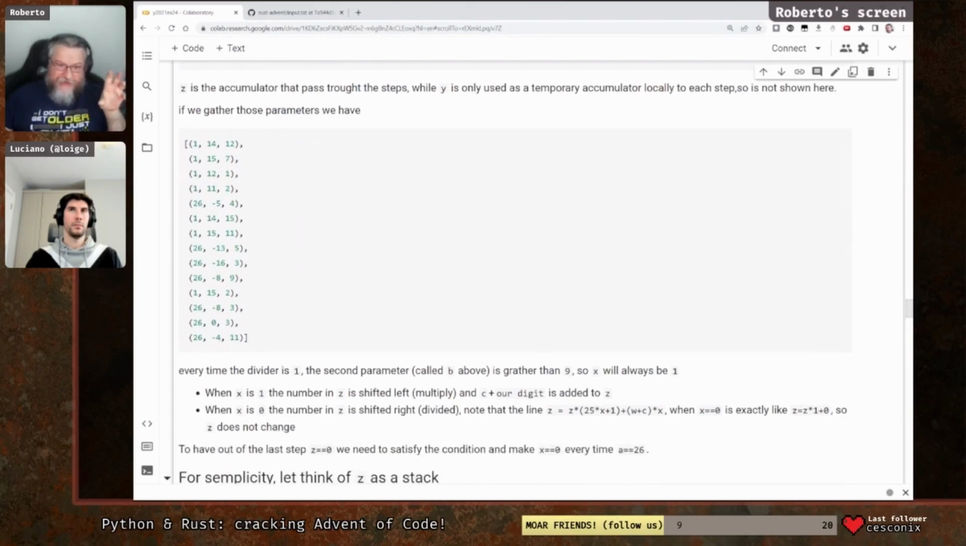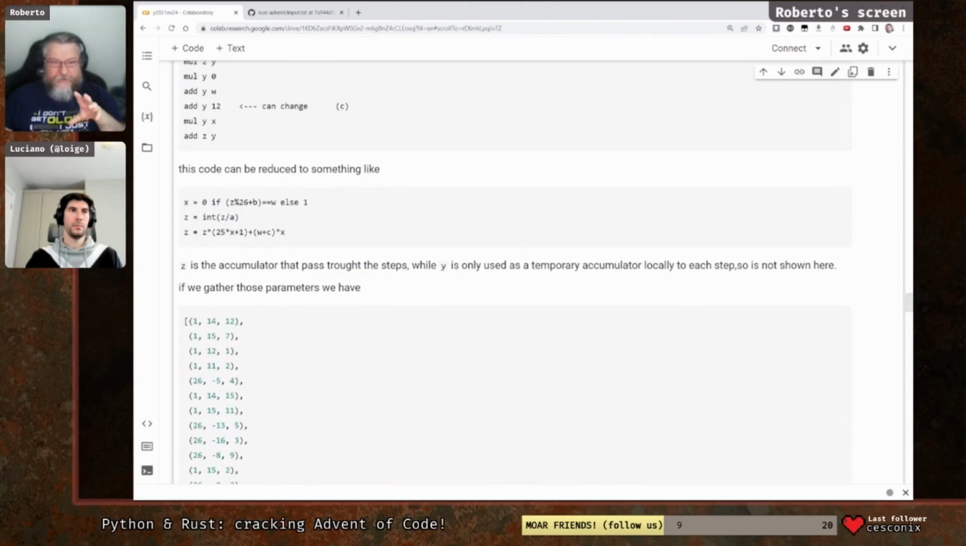Looking at this input, every time we have a divider that is 1, the second parameter, b, is greater than 9. So if we go back here and we were saying, if z modulo 26 plus b is equal, sorry,